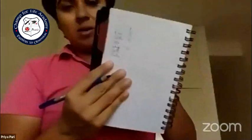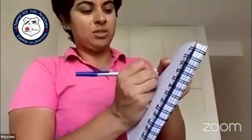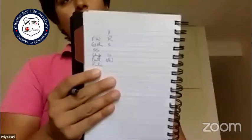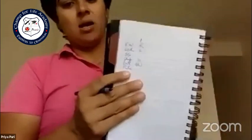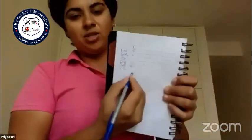Then I want them to write the number of putts that they have. So let's say they had one putt, and it was from 6 feet. They're just going to write 1 and 6. And let's say it was 2 putts from 6 feet, they're just going to write 2 and put 6 again. I want the pin position, so either you can write the pin sheet on the whole table,